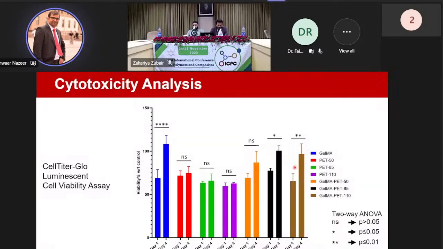And ultimately in 110 GSM, the JELMA was very uniformly present, and due to the presence of fibers also, the surface area was increased and the favorable environment was provided to the cells, and we ultimately observed the enhanced proliferation of the cells. So this ultimately shows that without the incorporation of these bioactive molecules in simple textile substrates, we cannot use these for biomedical applications where the attachment of the cells, proliferation is very necessary.